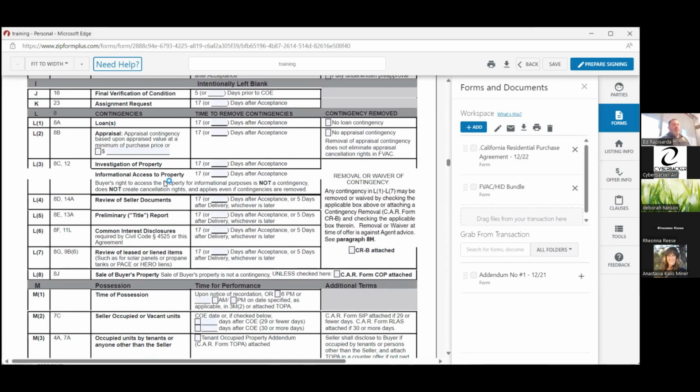Informational access to the property is 17 days. So let's stop there for a second. Loan. What does that mean from a loan contingency standpoint? If I don't qualify to obtain financing, that's when I can use that. Does it mean that I don't have the down payment or closing cost money? No. Right? I cannot cancel